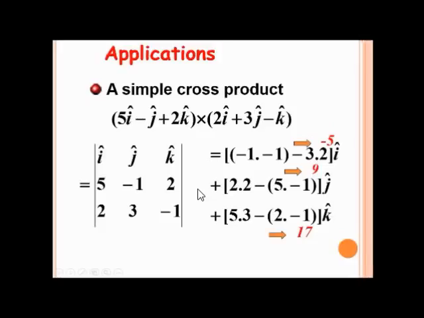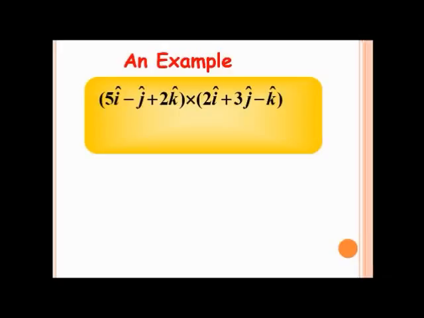So you can see the values. We have got the value as minus 5i plus 9j plus 17k cap. That is the cross product result of the given two vectors, and this is obviously perpendicular to both of them. I am basically fond of examples. A tutorial having many examples is conceptually clearer than a theoretical one. As this chapter is based on numericals, I am trying to give more examples on it.